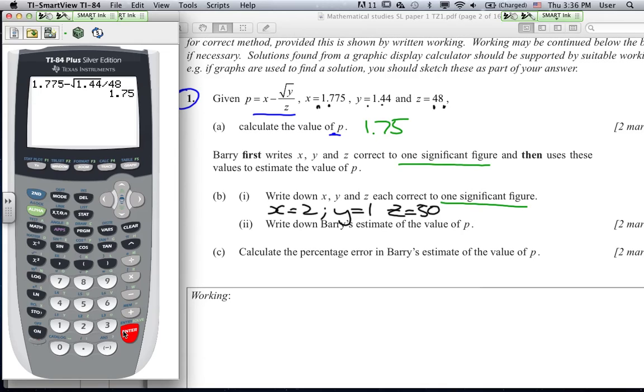Write down Barry's estimate for the value of p, so we must put these values into our formula. So we're going to get p is equal to 2 minus the square root of 1 divided by 50. We don't really need to put the square root of 1 in because it is 1, but we can put it in like that, divided by 50,